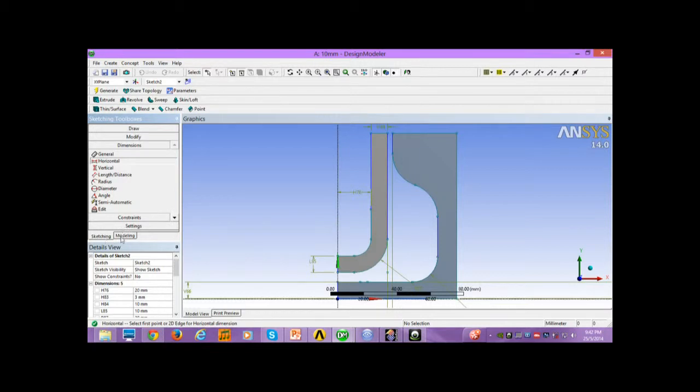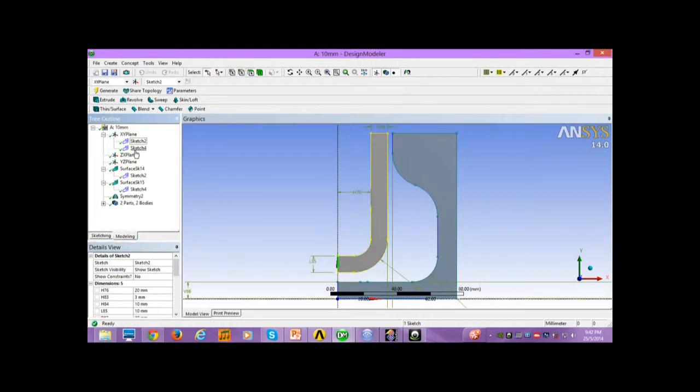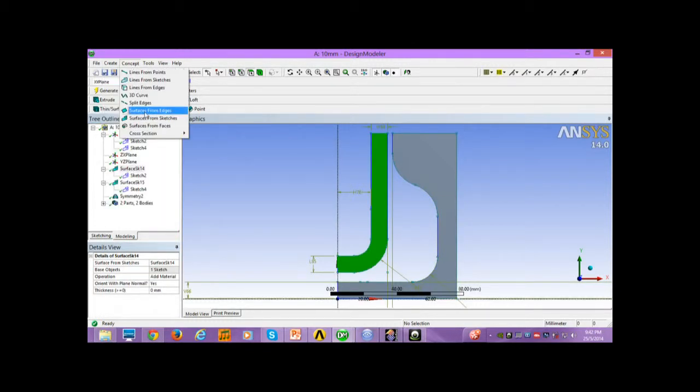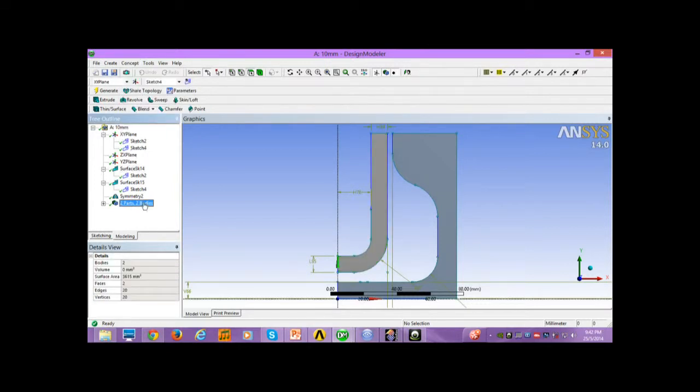Same for the mold. Go to the sketch for the mold, and then after that, surface, concept, and then go to surface from sketch. Click here, and then after that, you can see